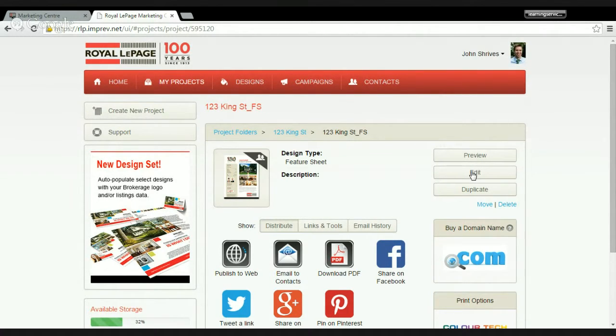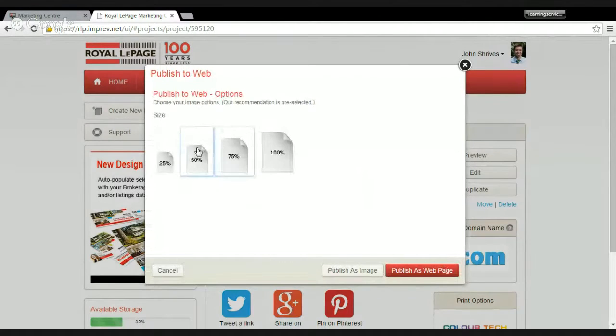I've got many options available to me in terms of distribution, and I want to go through and talk about each one and how you could use it. The first one being publish to web. What we mean by publish to web is you can think of it as almost creating a unique web page specifically for this feature sheet. So if I click on publish to web on this page, choosing my size